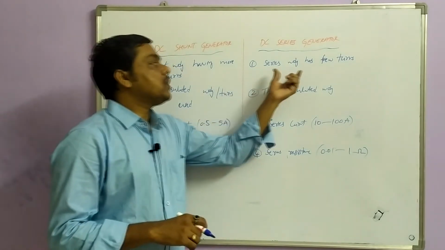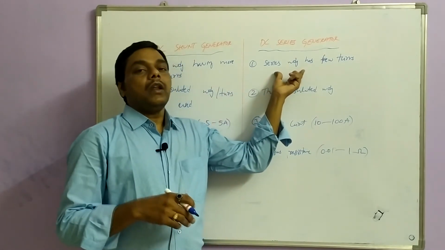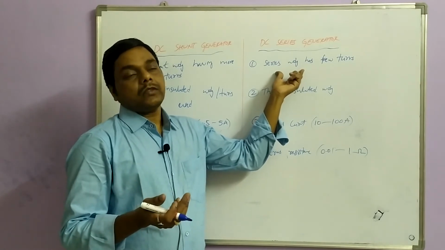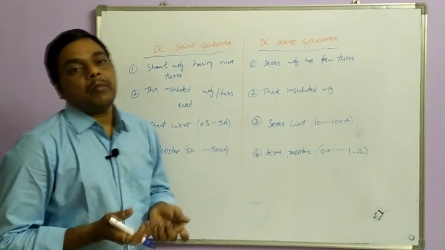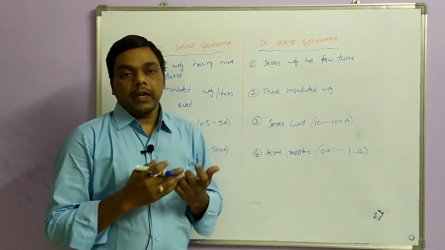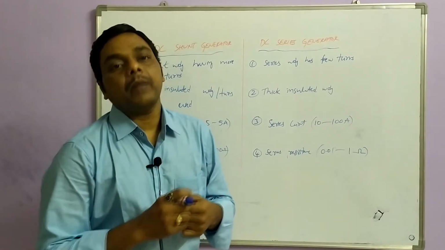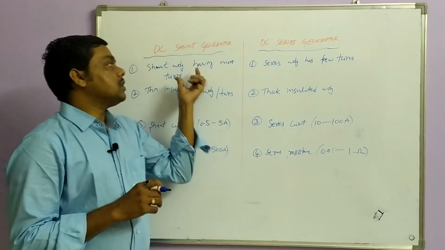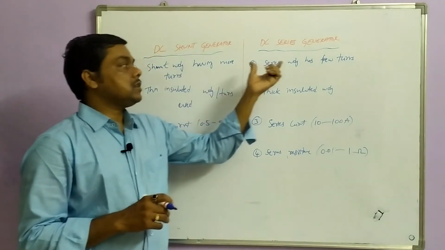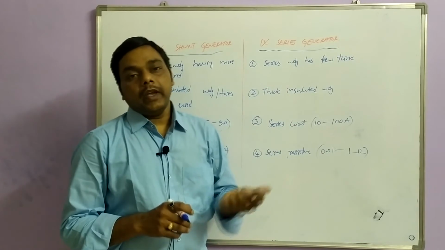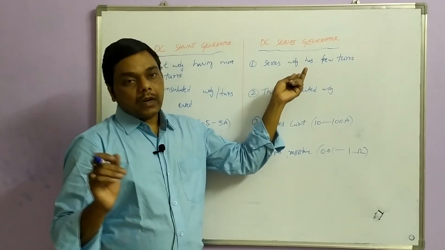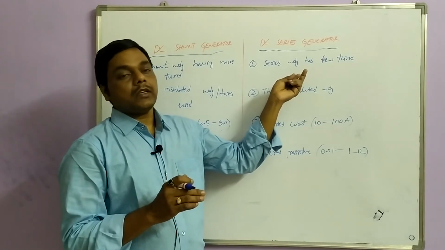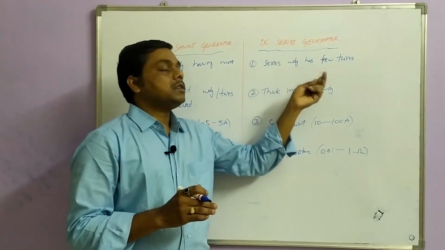The series winding has to carry a large number of amperes, whereas the shunt winding requires few amperes. It may be less than 2 amperes, less than 1 ampere. So the field current is very less, whereas the series current is very high. Since it is connected in series with the armature,